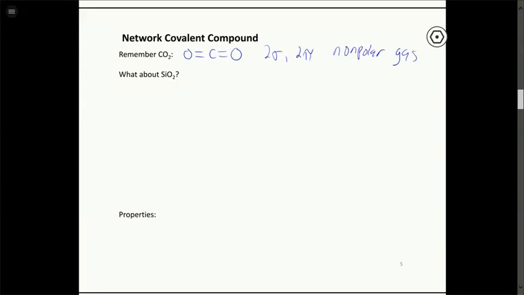But what about if we consider SiO2? So let's just replace carbon with silicon. Silicon is just one element directly below carbon on the periodic table, so we have the exact same number of valence electrons, all of those things. We get something very different in this case. So the issue here is that silicon has 3p instead of 2p valence orbitals, and those 3p orbitals form very weak pi bonds with oxygen.